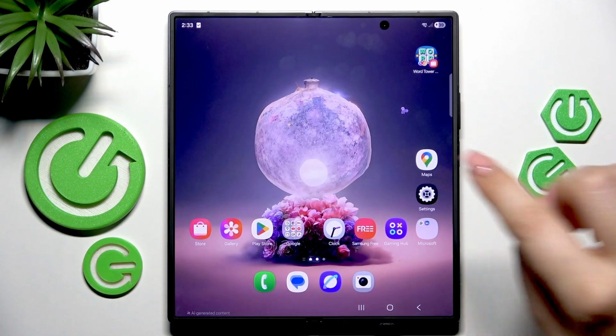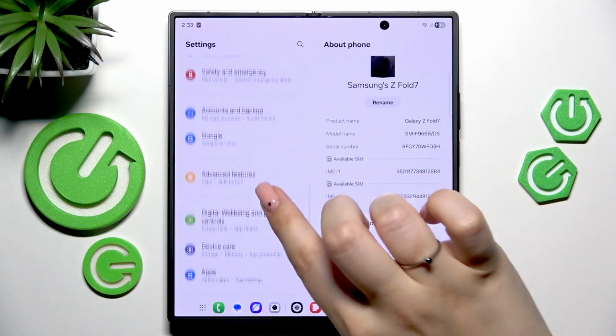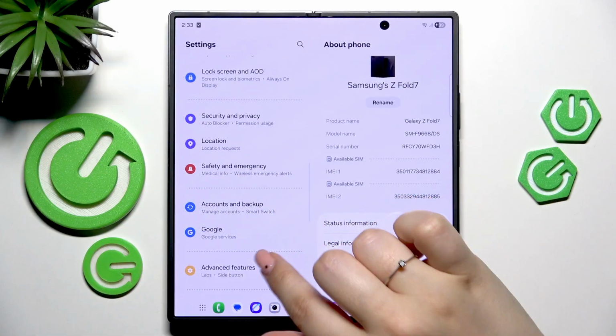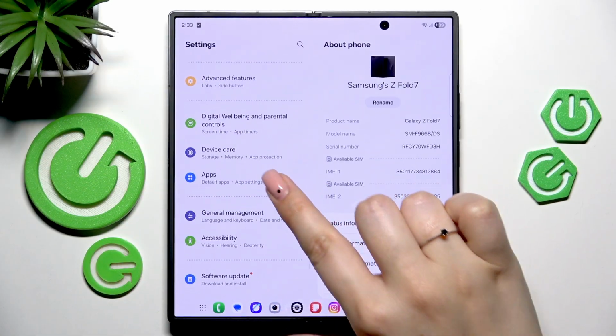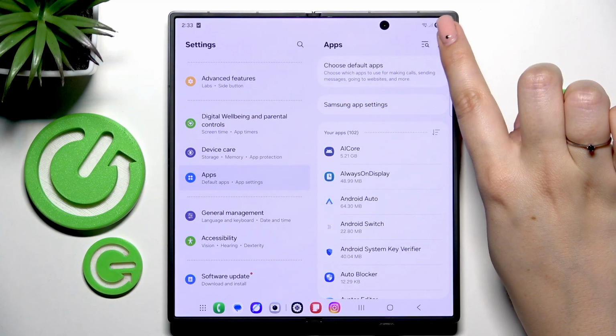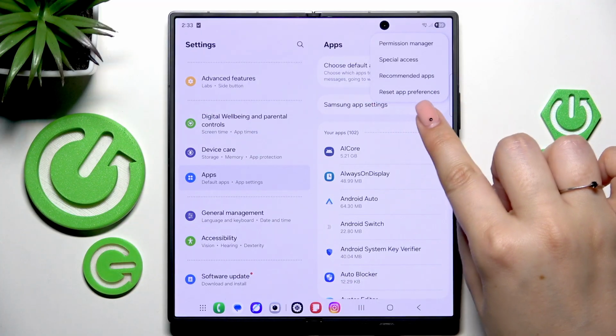So let's begin with opening the settings, and here in this general list, in the settings on the left, we have to scroll and find the section with apps. Let's tap. Then let's tap on this three dots icon in the right upper corner and tap on Reset App